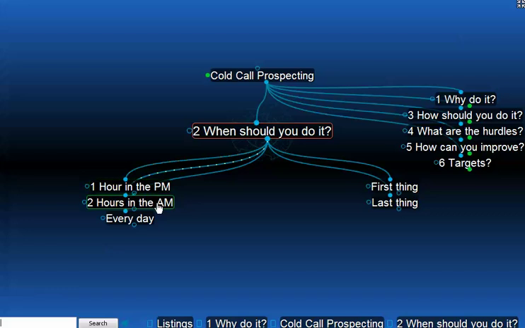I'm saying that you should split it up because some of the people that you try and approach in the morning won't be there, but they're likely to be there again in the afternoon. So by this simple splitting of the prospecting process, you're actually getting more conversions. You're going to reach more people. Certainly you can just prospect at one certain time of the day, but your conversions will increase radically if you do it twice a day. 2 hours in the morning, 1 hour in the afternoon.